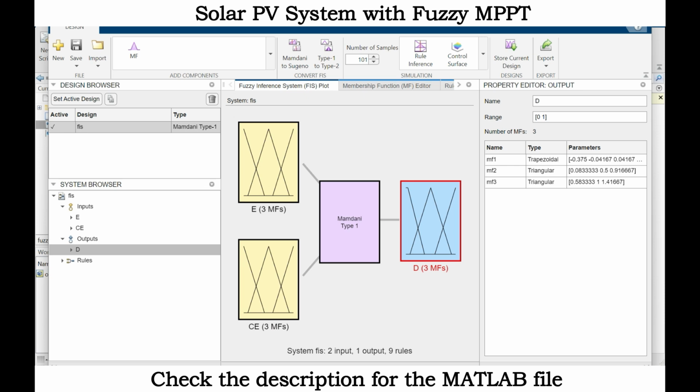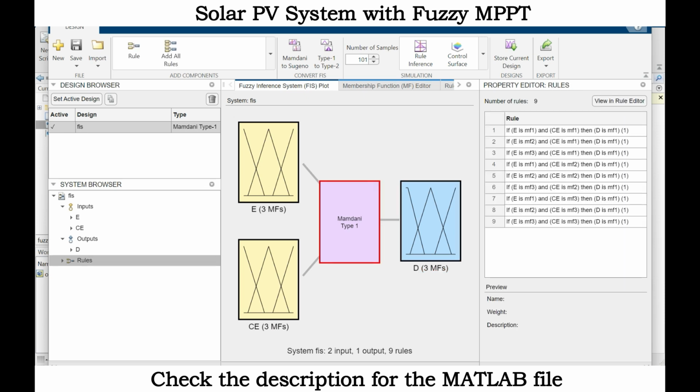Based on that, we have to enter the rules. We need to add the rule. With 7 membership functions, we need to enter 49 rules. If you need, you can reduce the number of rules. For 5 membership functions, you need to enter 25 rules. You have to add 25 rules. For example, you have to